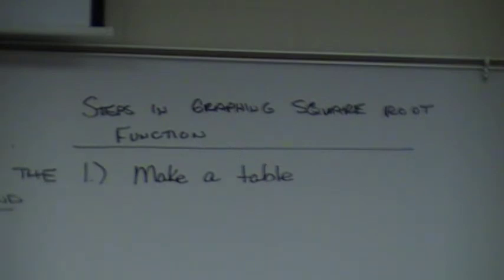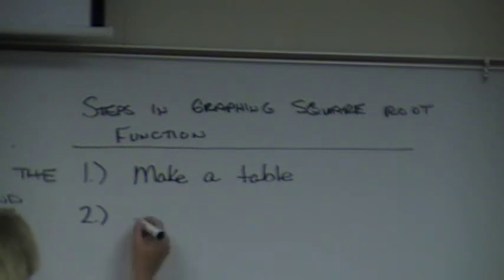Now, I'm not going to put down that you always have to use positive numbers. I'm going to show you that sometimes you don't have to use positive numbers for your independent variable. But be very, very cautious of that, okay? All right, make a table. Step 2 is to,